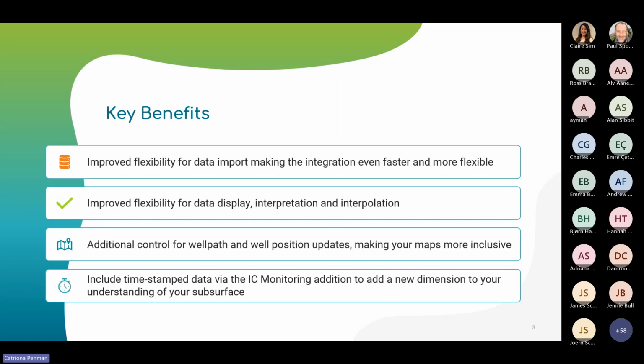We have added a lot more. We had actually a few clients that had a lot of older databases that they were upgrading or integrating into a new master database. And in doing so, they found that a lot of the well header information was perhaps missing or incorrect. So in order to have our well paths and our map displays work as well as we want them to, we've done a lot of work on putting tools in to allow people to modify well headers and have that have an impact on the well path, rather than just adding in a new location data point for the well path. So there are new tools in place for the well management side of things,